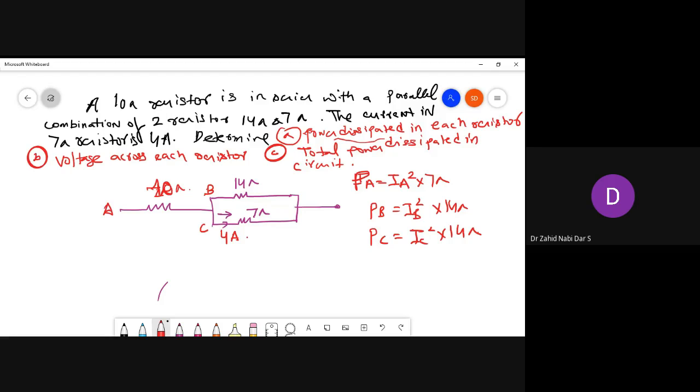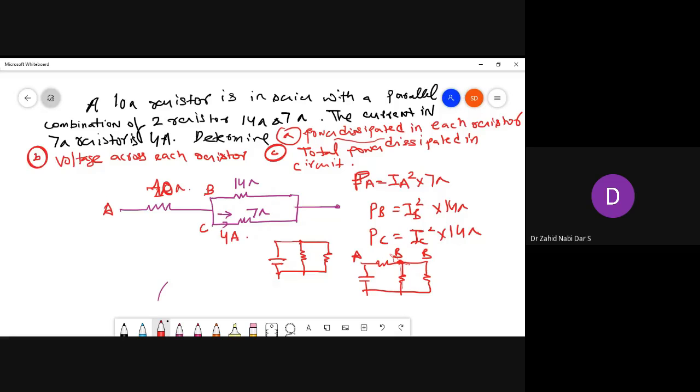Can you see this network over here? When I was teaching you this rule, the current divider I told you, this is a parallel combination. So if I keep a resistance like this and then here in parallel, at this point, if I name this point A and this point B,